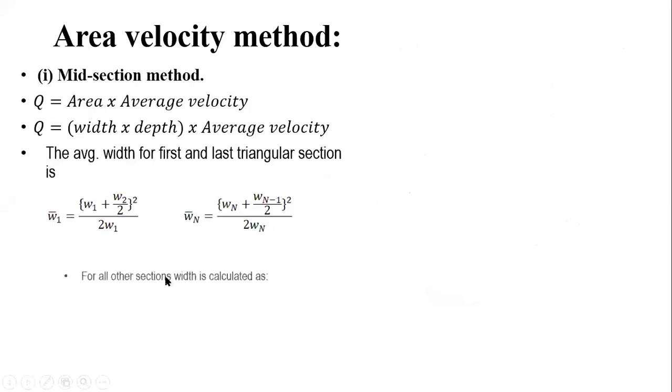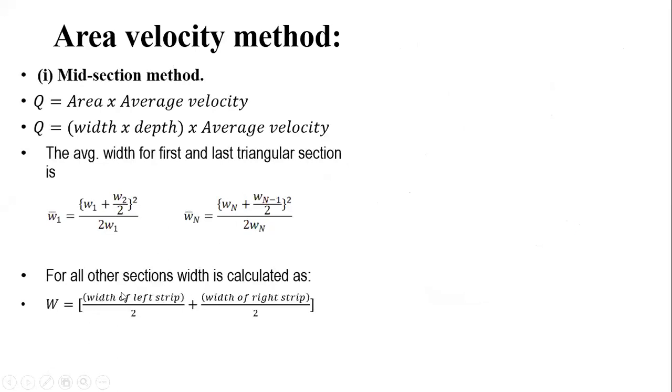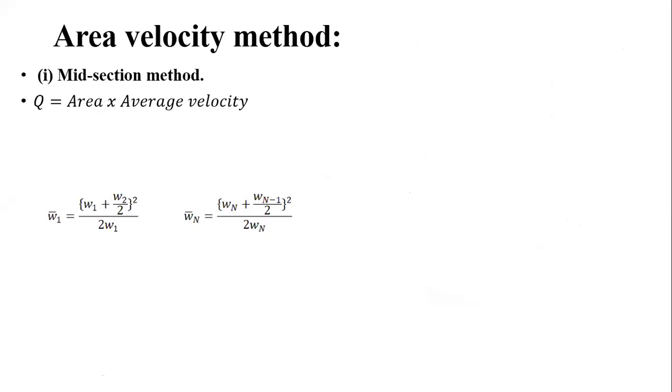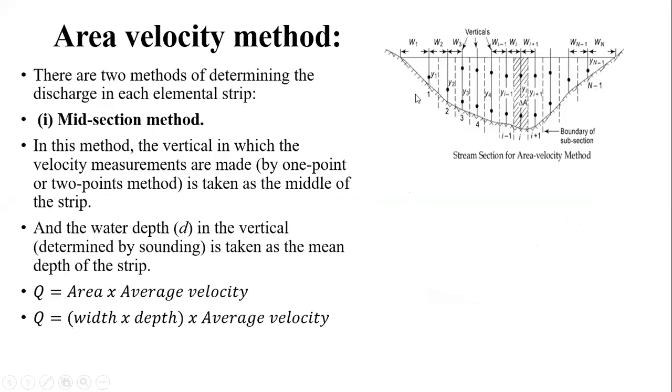hand side. यानी कि जो other segments जो रहेंगे उनका सभी का जो width आएगा वो क्या रहेगा, width of a left strip by 2 plus width of a right strip upon 2. यानी कि दोनों का हाफ हाफ जो आधा जो पोर्शन रहेगा, it will be covered by that particular vertical. Okay, I would like to go for once again for that how to get it. So for this vertical, suppose that this Y2 is a vertical over which the readings has been carried out, and towards its left hand side W2 is there, and towards its right hand side W3 is there.